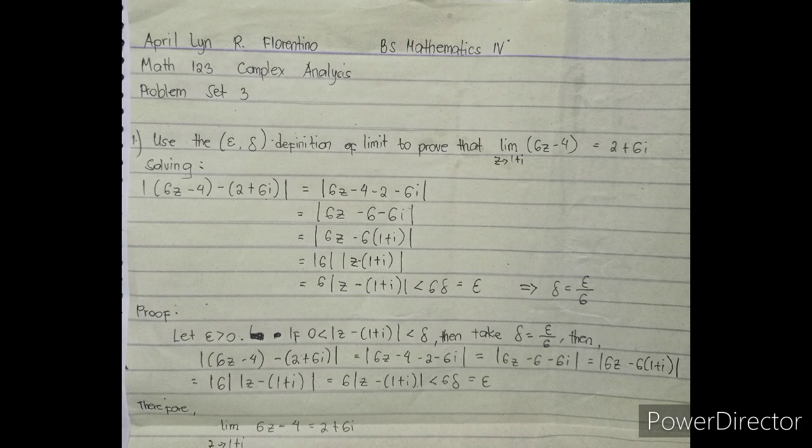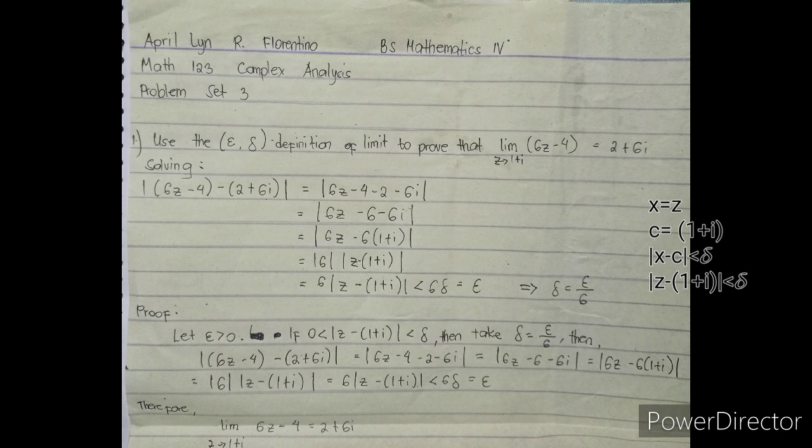Simplifying, it is equal to the absolute value of 6z - 6 - 6i, which is equal to the absolute value of 6z, common term -6 times (1 + i), which equals the separation of absolute values, the common term: the absolute value of 6 times the absolute value of z - (1 + i), and this is equal to 6 times the absolute value of z - (1 + i) less than 6 delta,